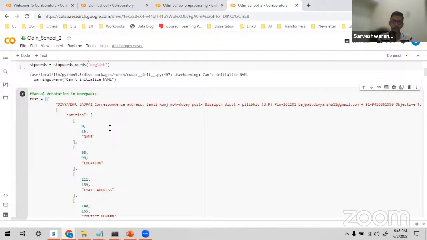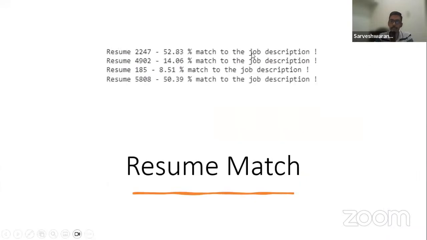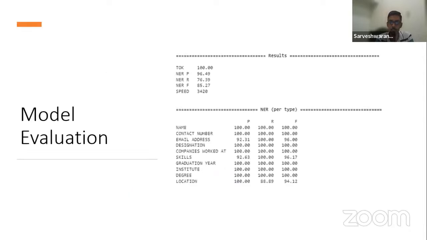You convert into vectors. On the other side, you also have the job description, which is also vectorized, and I do a cosine similarity match and get your rank order. Then for every resume, what is the percentage match to the job description? This is one example.